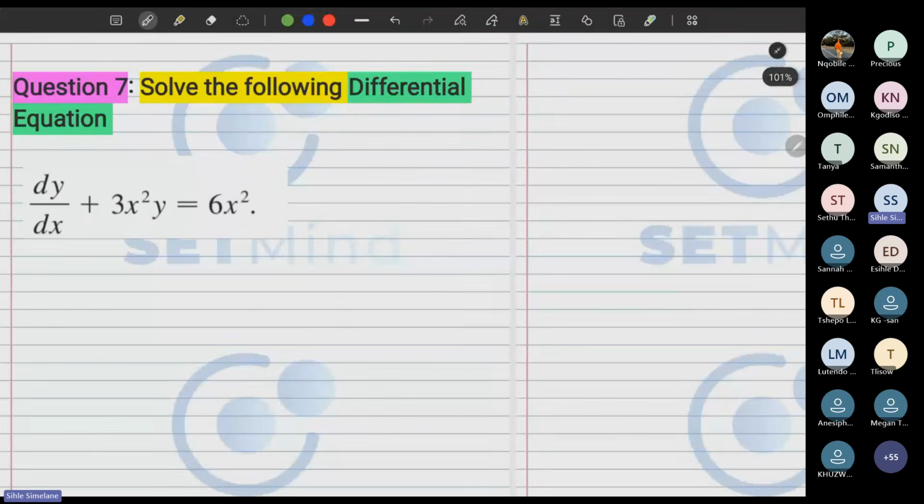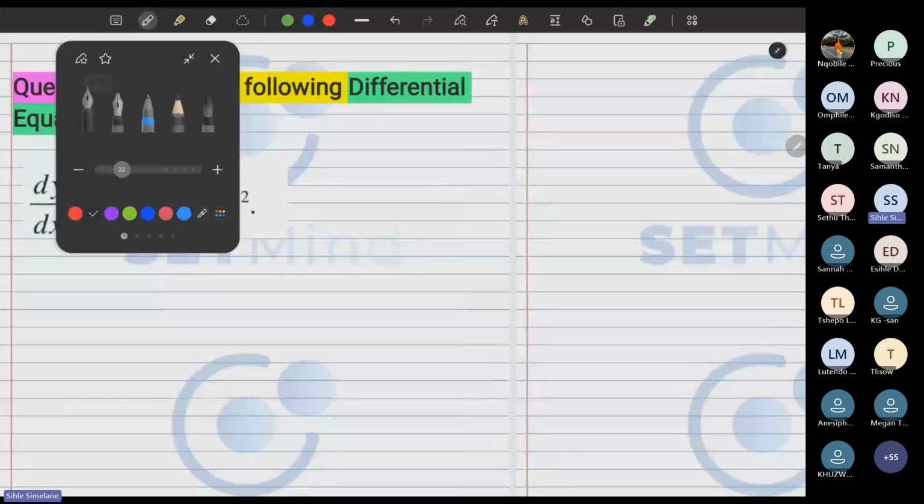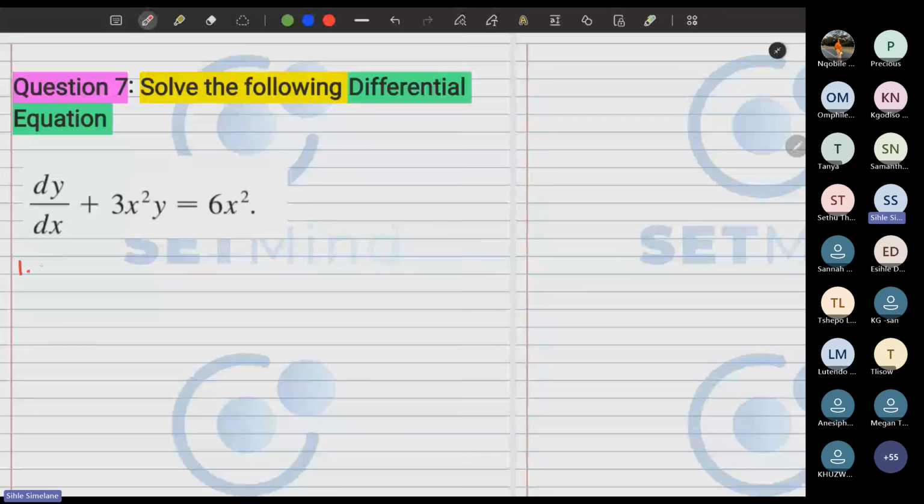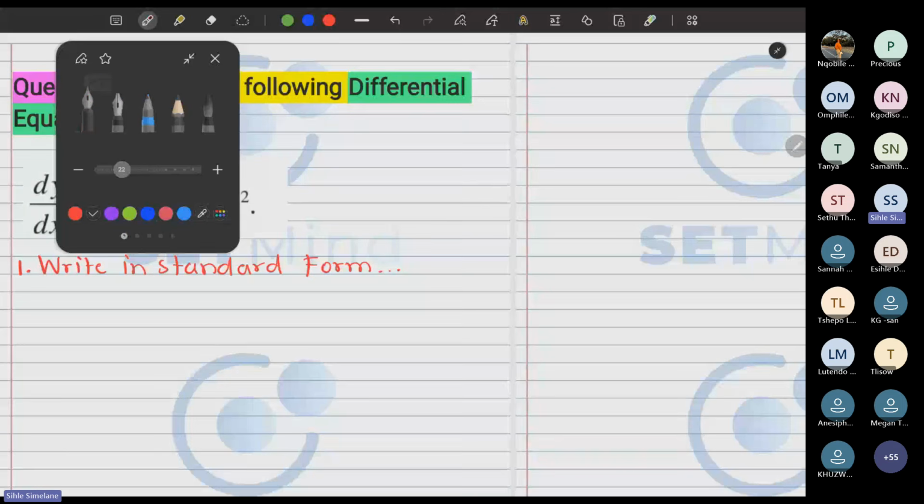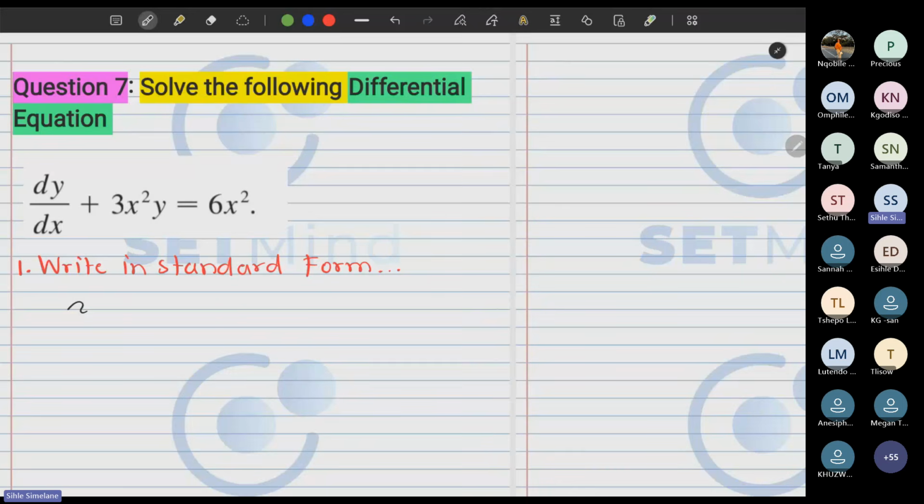Solve the following differential equation. So now you know the steps, but let me still write them anyway. The first thing we are going to do is to write in standard form. For most of these equations, you will find them written in standard form, but just reorder them if needed. So dy dx plus, I'm going to look at what multiplies y. It is 3x squared. That is everything that multiplies y, and then we have 6x squared. Done. Then number 2, we need to go and find